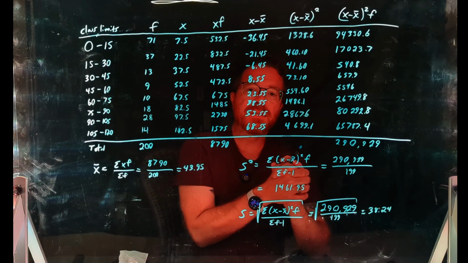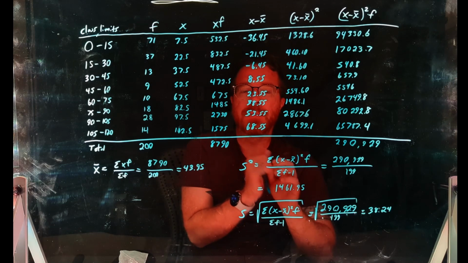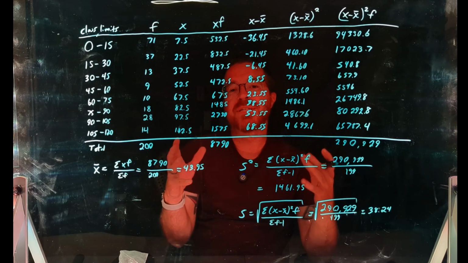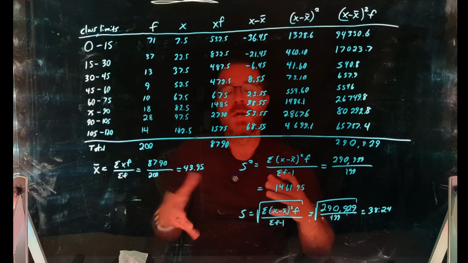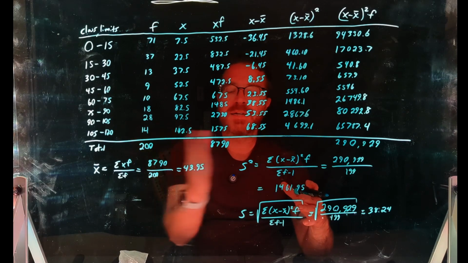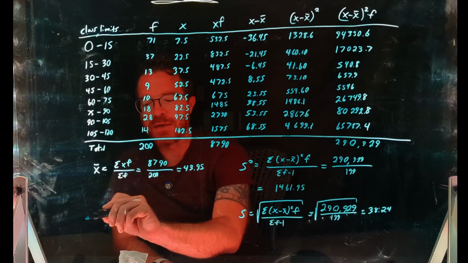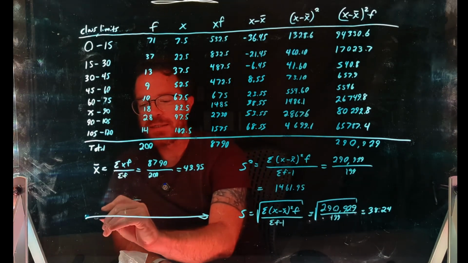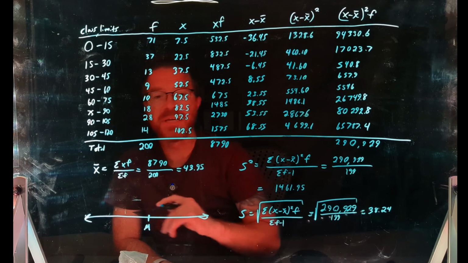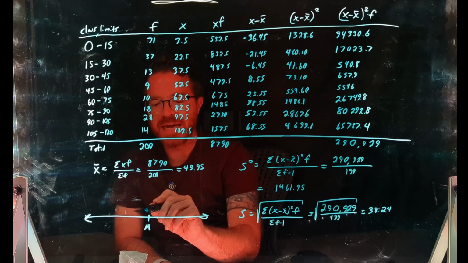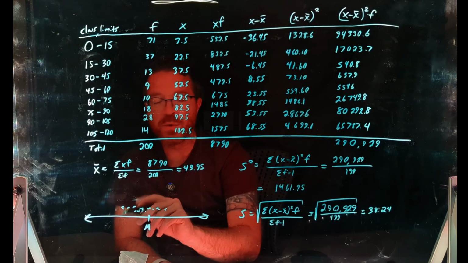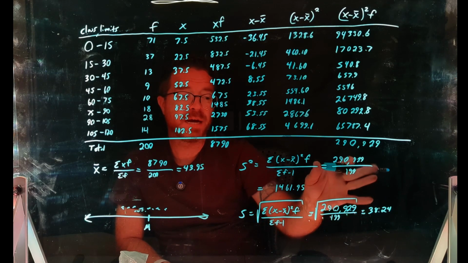And this will make more sense in the next lesson when we talk about our empirical rule. But for now, just know that these are ways of representing how much our data varies. So when we had mean or median or mode, that told us where our data is actually located in space. Meaning that if we had a number line, that means that it tells us where the data is actually located. Let's say it's our mean mu. And then we're going to have some data around this point. And depending on how much it deviates, this is going to be defined by our standard deviation